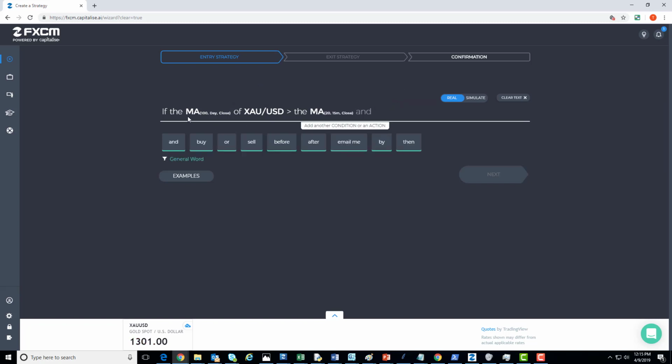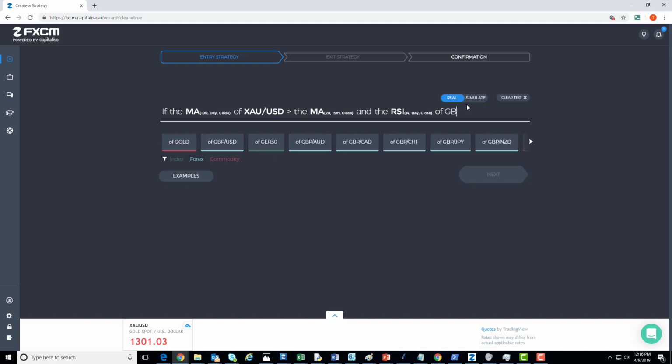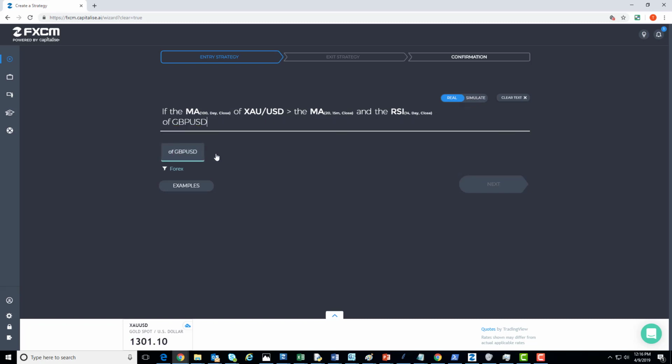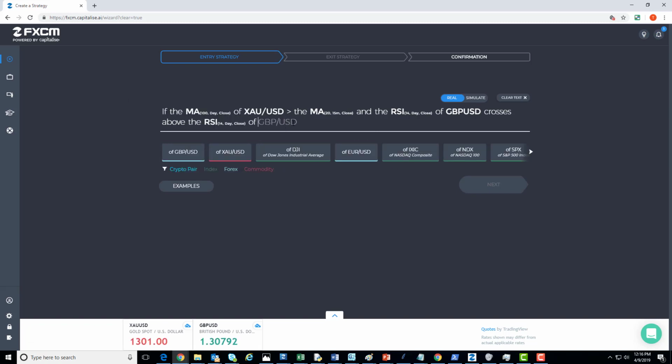So if the MA of 100 daily candles of gold is above the MA of 20 15-minute candles, and the RSI 14 of GBP/USD crosses above the RSI of German 30,